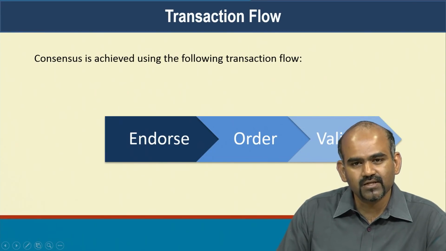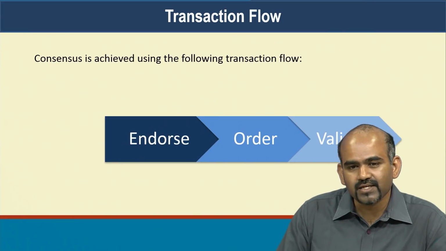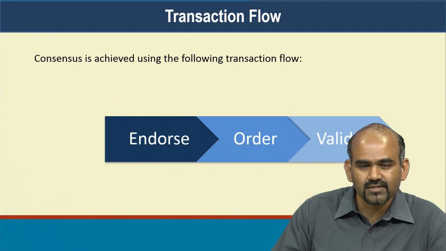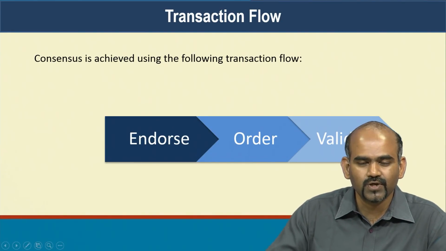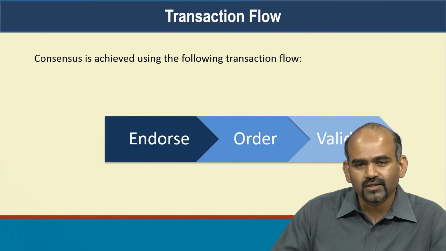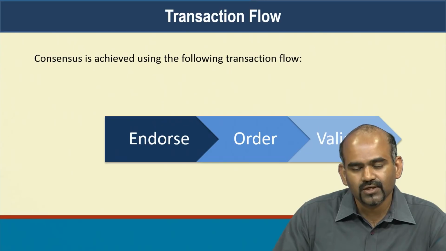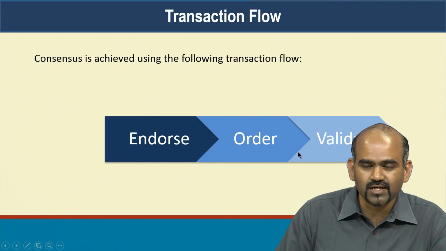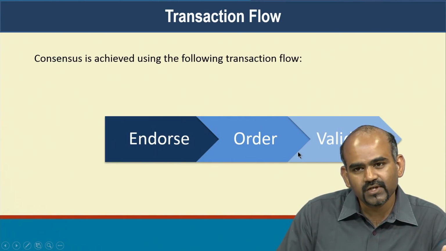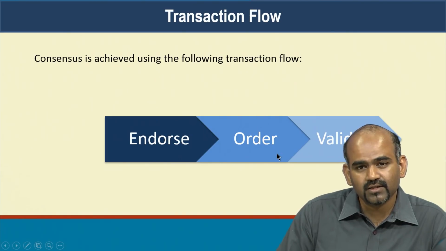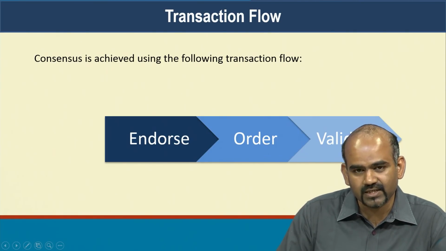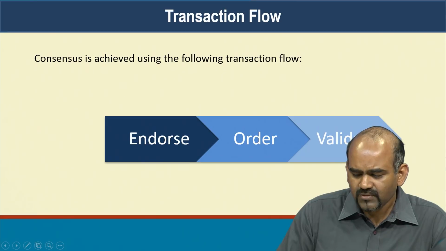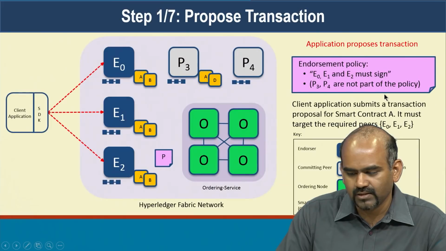You can think of a generalized notion of that, which is for any state. Let's say I have a state variable which has the value 100. There shouldn't be two simultaneous transactions, one trying to change that 100 to 200, another trying to change that 100 to 50. If these two transactions are going simultaneously, only one of them can succeed, and which one succeeds will depend on the ordering service. The first transaction that modifies the data element will succeed. Every other transaction in that same block that is trying to modify the same data element will get invalidated. So that's the validation step. This is the order in which it's going to execute, so we'll look through these steps in detail now.